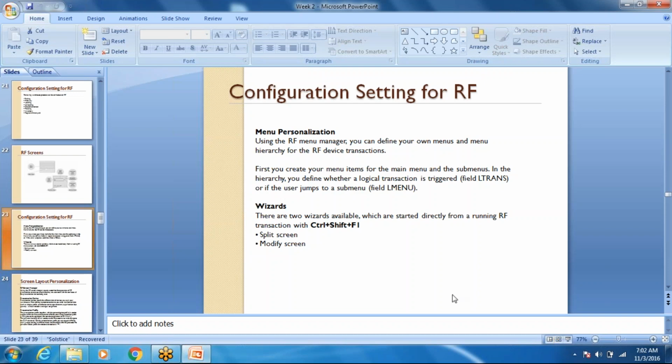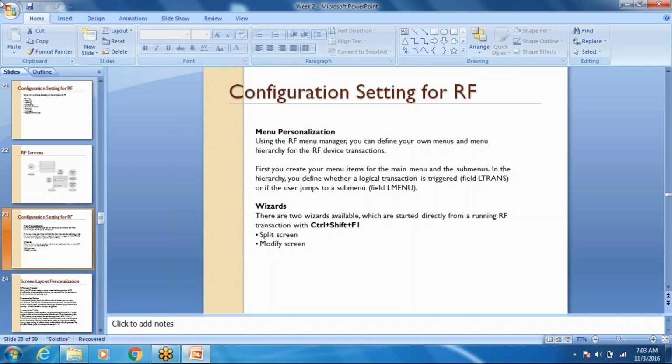So welcome back. We were discussing RF before we had a break. On RF we did some transactions. We created a resource as master data, and what we were about to go through is some of the configuration on RF, which could be functional.